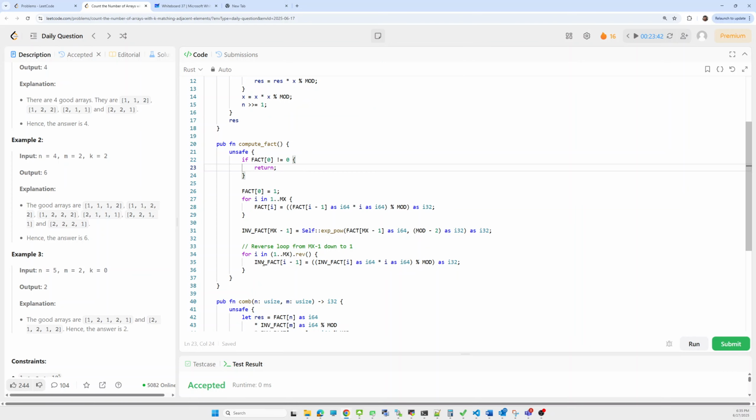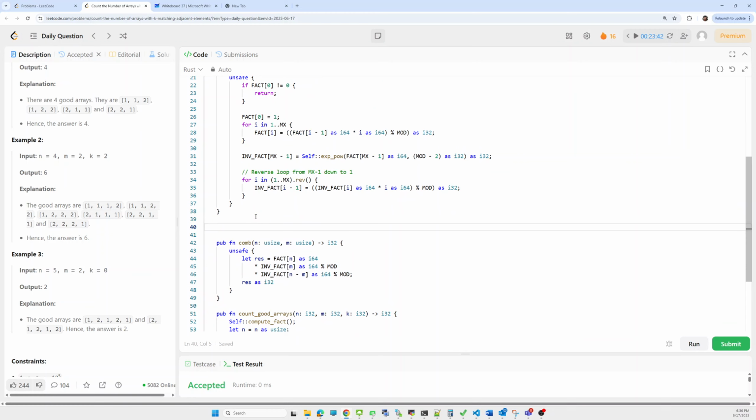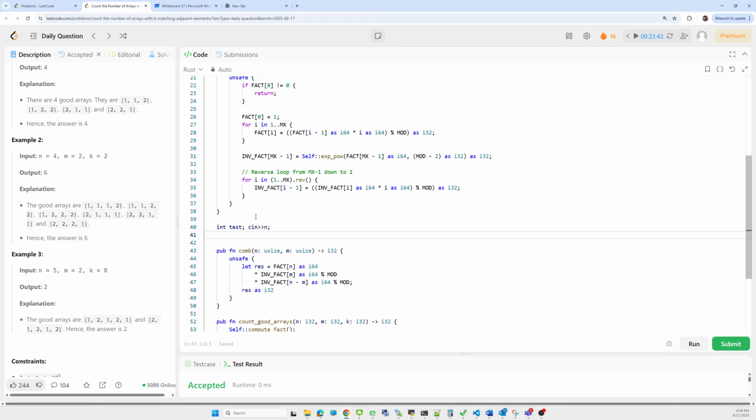Suppose there is this kind of case: let's say these are the test cases, and this will be equivalent to this one, say int n. For all of the test cases, is it needed that we call pre-compute factorial again and again?